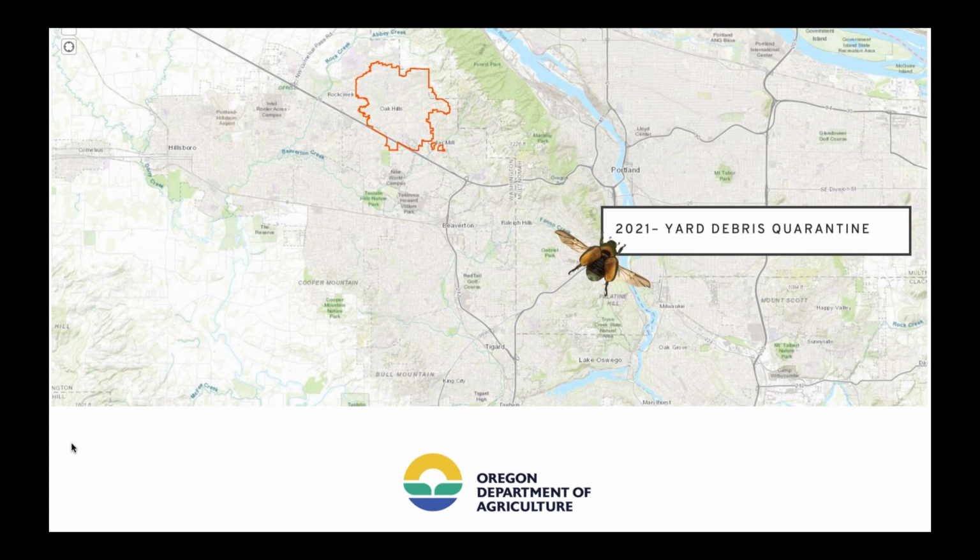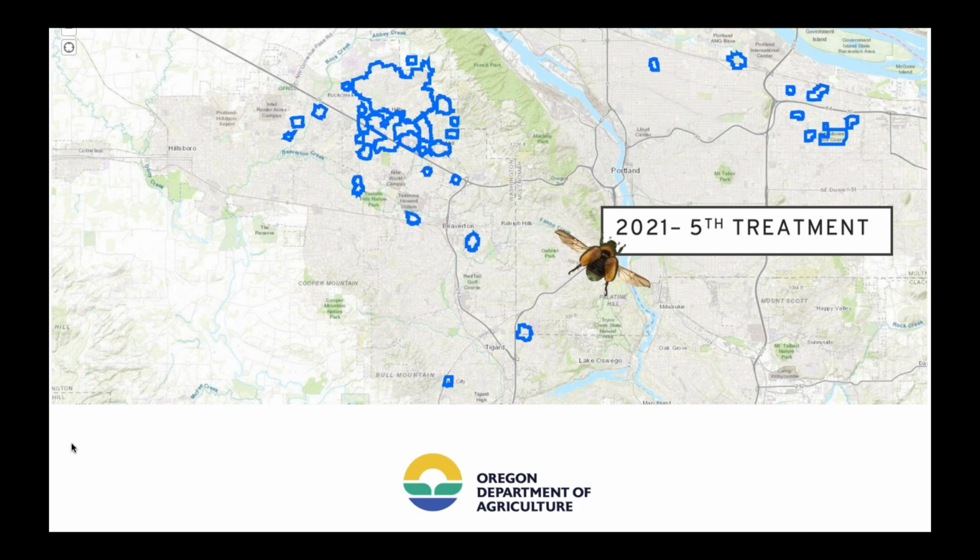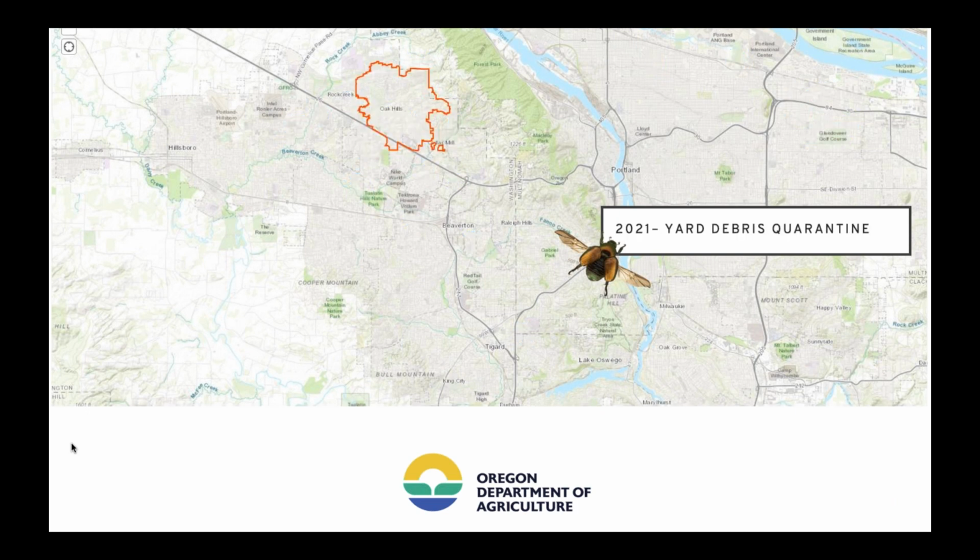Oh, and this is a picture of the yard debris quarantine area. So here's all the treatment areas, but only this area in red is the yard debris quarantine. We also tell people that they're not allowed to have plant sales or plant swaps